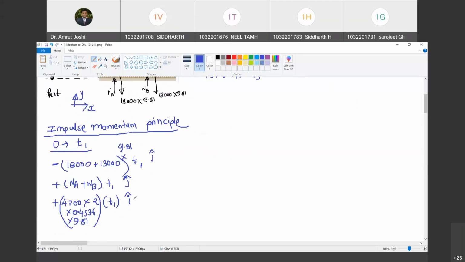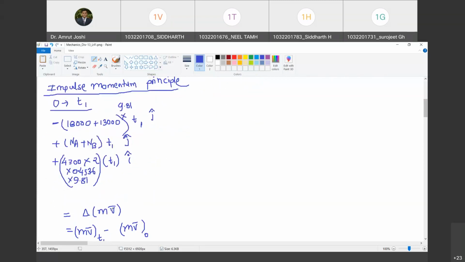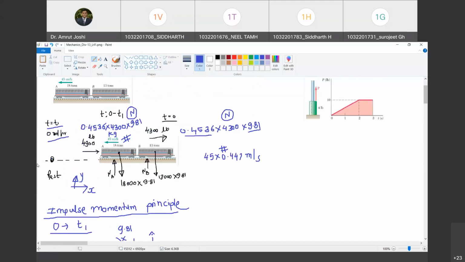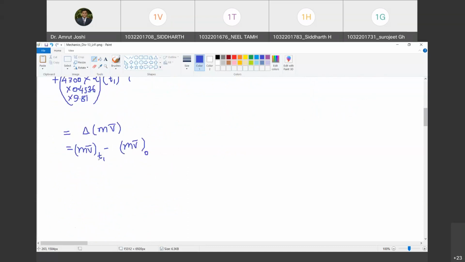So now we have a look at this. The impulse that I have written of all the forces from time 0 to t1 is a vector quantity, and it has j component and I component. That means it has x component and y component. Are you with me? Now we are going to write down change in momentum of these two bogies during this time 0 to t1. So how do I write change in momentum? It is momentum associated with both the bogies at time t1 minus momentum associated with both the bogies at time t0. Do you agree with me? This is the change in momentum. So now, how do I write momentum associated with both the bogies at time t1?